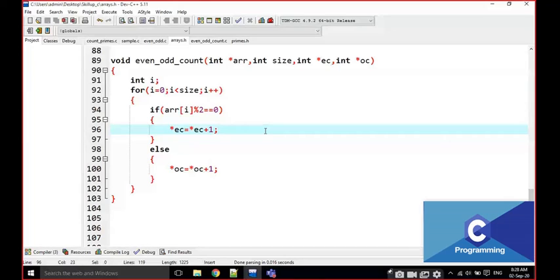Write one note also: increment and decrement operators are not working on the pointer variables.